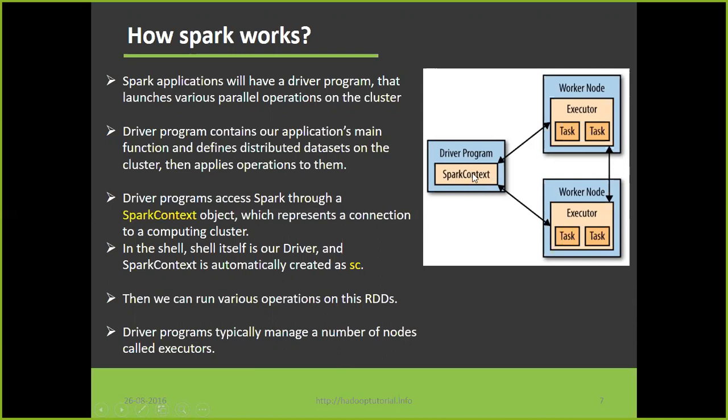Once the client submits the job, whichever client machine is running gets connected to the master, and the driver makes a request to the master. The master allocates some worker nodes. And inside the worker nodes, there will be services called executor services running. Those executors will be under the control of your Spark driver program, this SparkContext.